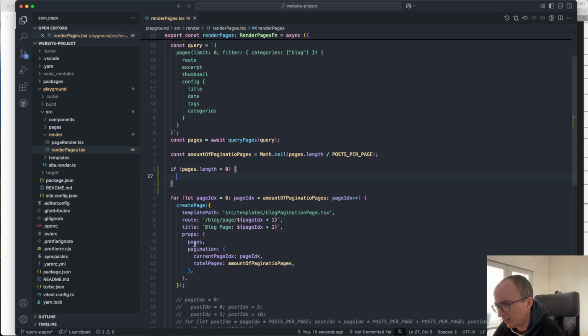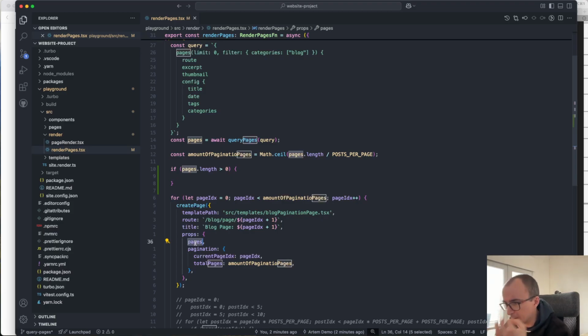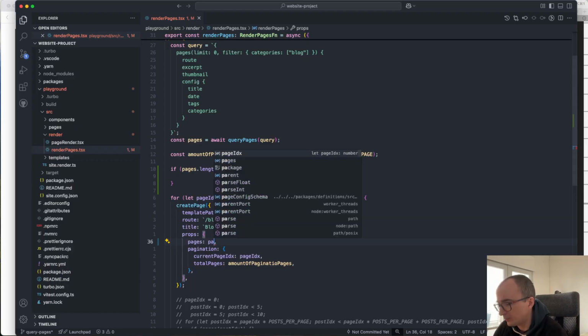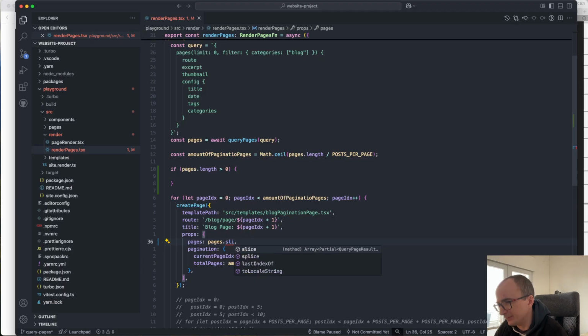Wait a minute, I'm passing all the pages. It doesn't make sense. I need to pass only a window, only a group of pages associated with the current number of pagination, which will be pages slice,